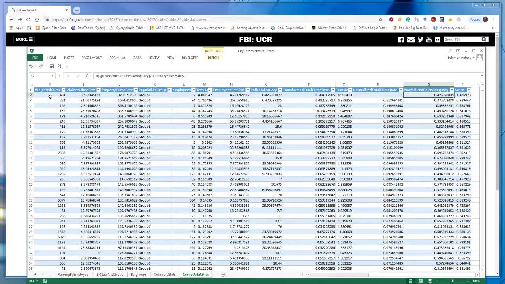Then we also transformed police adequacy using a log transformation, and then normalized it so that the normalized police adequacy score is between 0 and 1. And then to calculate a score for each city, I simply added normalized police adequacy and normalized total crime rate and came up with the total score.